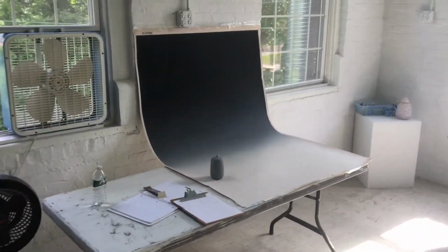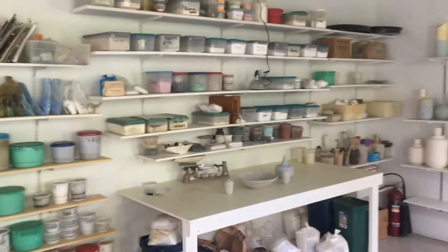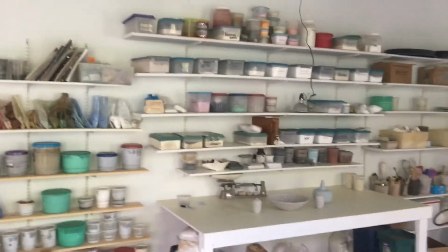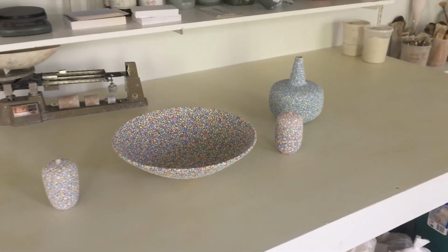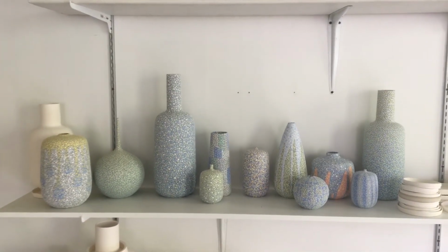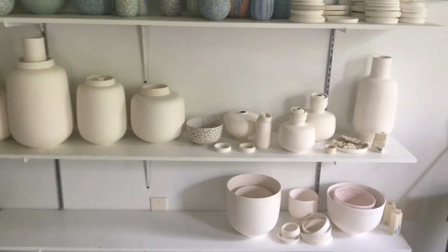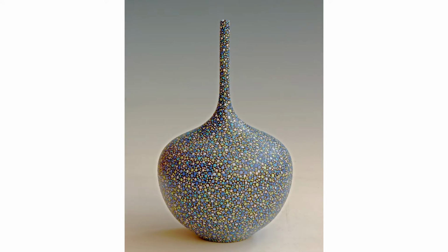Over here is where I photograph all my work. Over here is where I make all of my glazes, my wall of chemicals, some dot pieces that are finished that have to be glazed, some more dot pieces that are ready to be fired. Here's some bisque pieces that are ready to be glazed and fired. All of these pieces are available on my website,